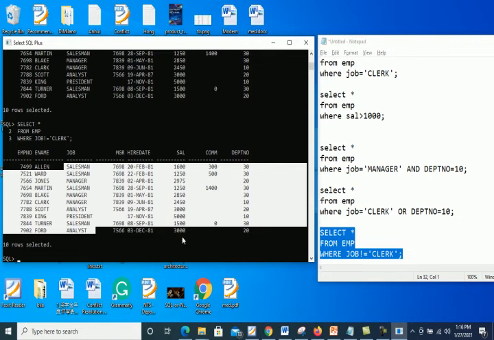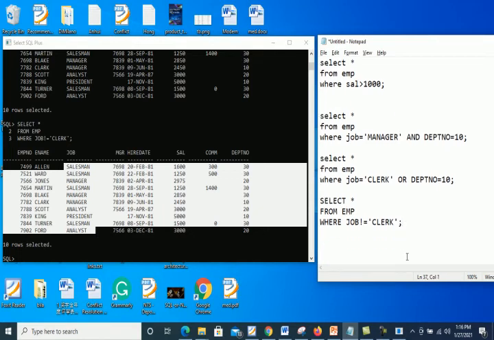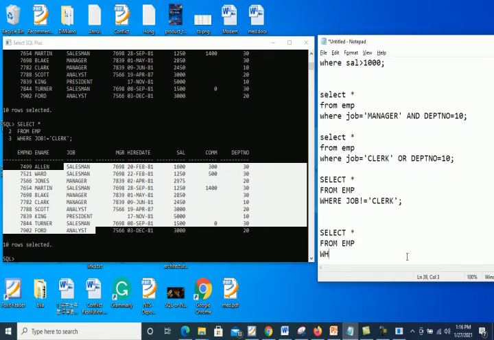And let's see here the BETWEEN operator. Between gives us the range. For example, if you want to display the employee records in a particular range, I say select star from EMP where sal between 1100 and 5000. That means minimum value and max value.